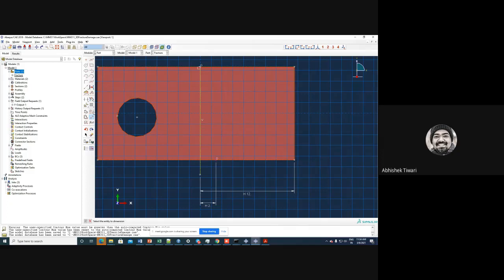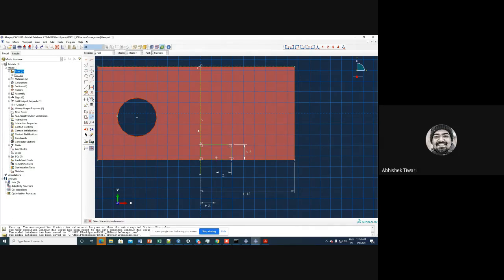So let me also divide it in smaller pieces. So let me draw a box here like this. And if this is 2 millimeters, this should also be 2 millimeters. And this can also be 2 millimeters.